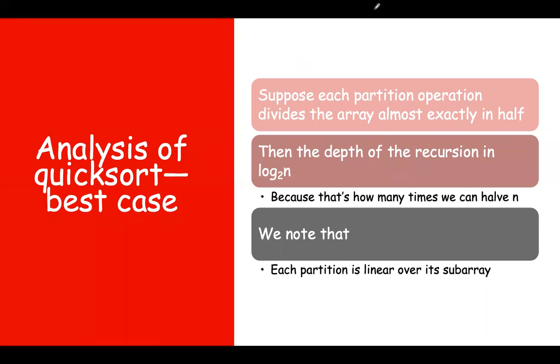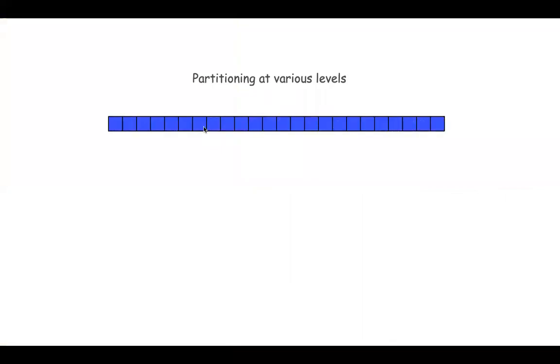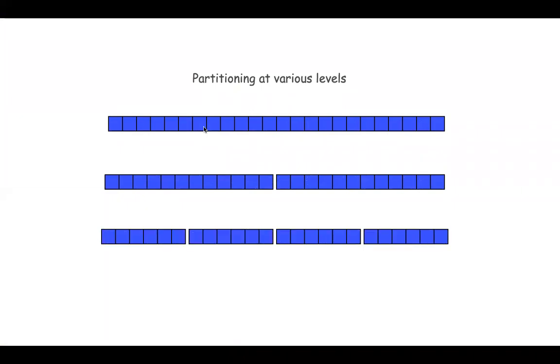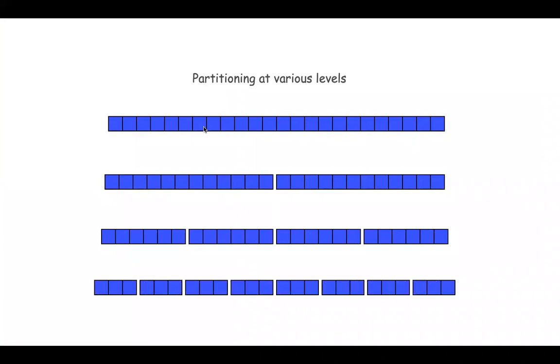See, analysis, if you do best case or worst case, what is the best case here? See, okay, this is the array. Best case is I will divide the array into equal parts, and leftmost array also I will divide into equal parts, right also equal parts, and further I will go on dividing the arrays into equal parts. If the elements are such that you would go on dividing them into equal parts, then we will arrive at the best case of quicksort. Is it clear? This is one example for best case.